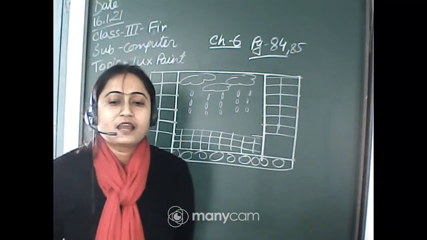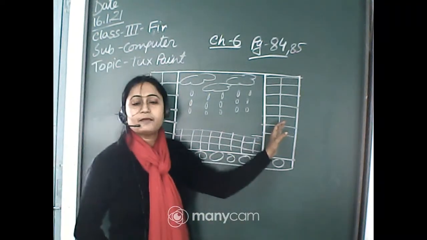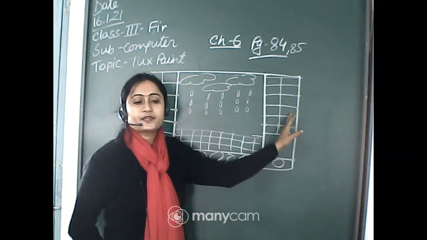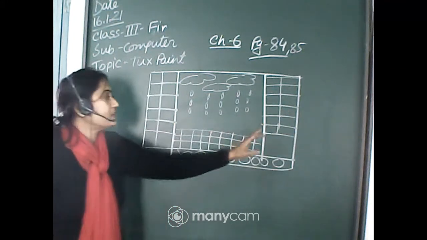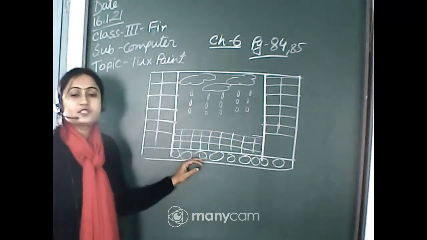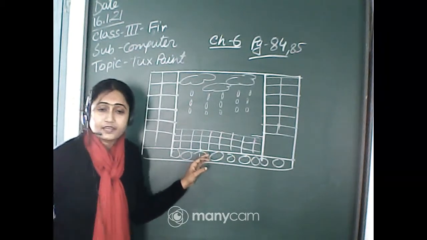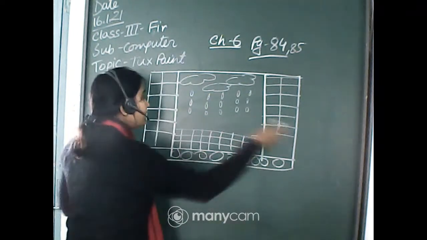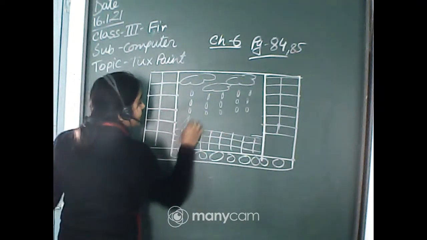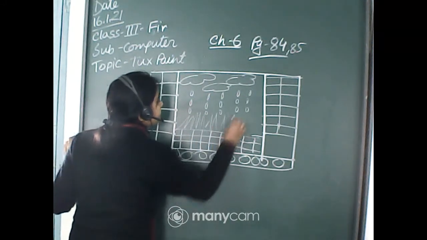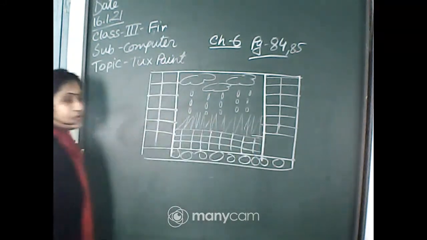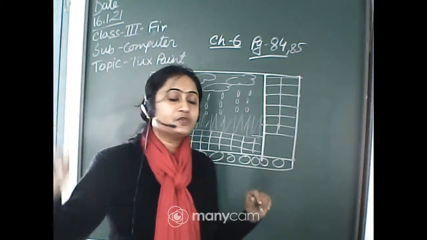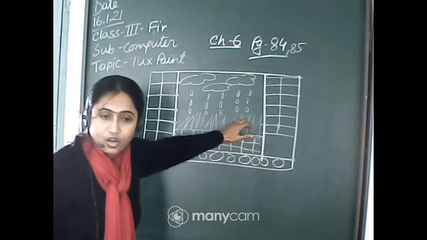Now the grass effect. Grass is also a magic effect. You can draw ready-made grass in your drawing. You just choose the grass effect from the magic tool, and after choosing it you choose the color from the color palette. Generally grass is green in color. You choose the green color from the color palette and bring the pointer where you want to insert the grass. Click it and drag it. In this manner you can draw the grass effect in your picture.